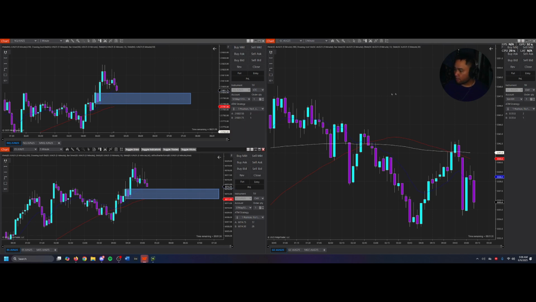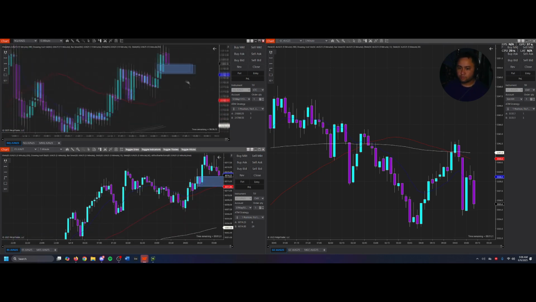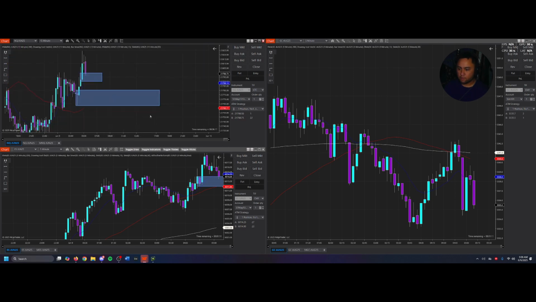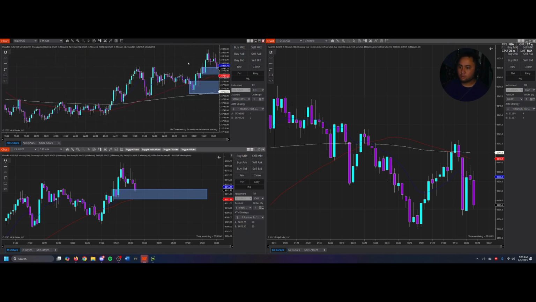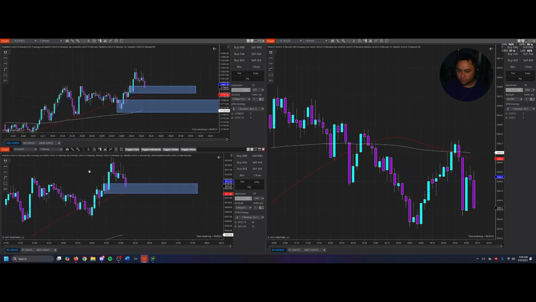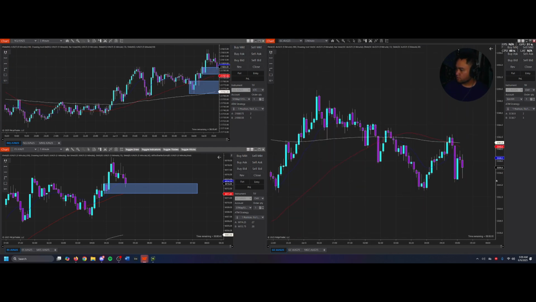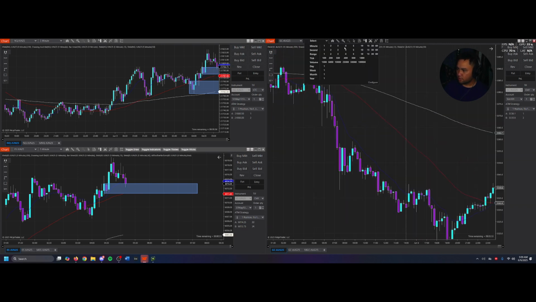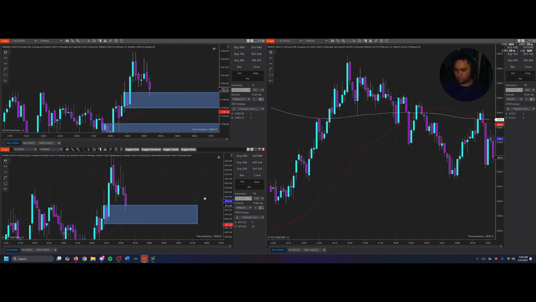So let's see. We had a couple setups right here on NQ and ES already. We got a 15-minute demand zone, also a little bit lower. It's tapping into the 5-minute demand zone. The 15-minute was already tapped. Gold. Don't have much on gold. Yeah, not much. This might be a nice setup right here on NQ or ES. Let's see.